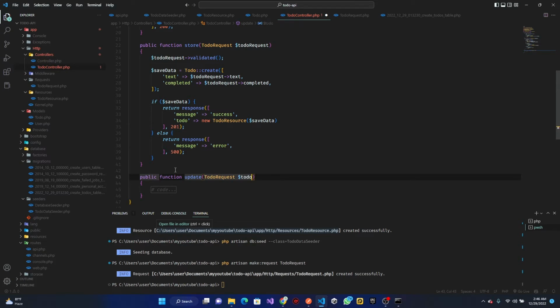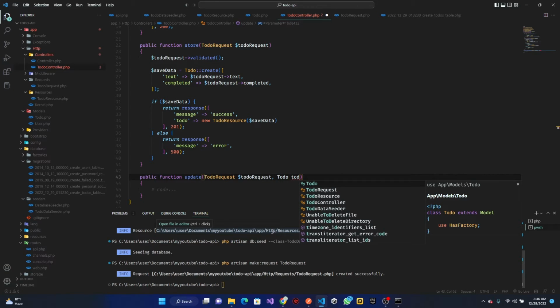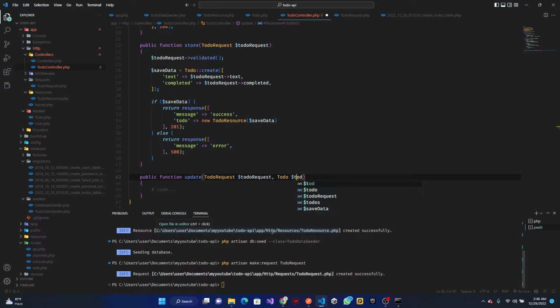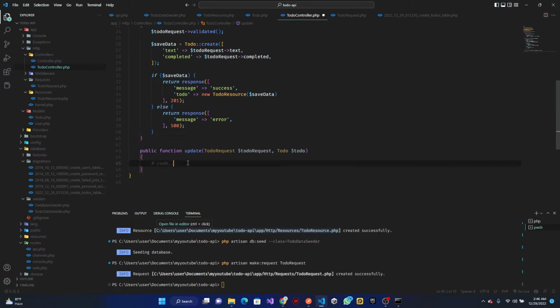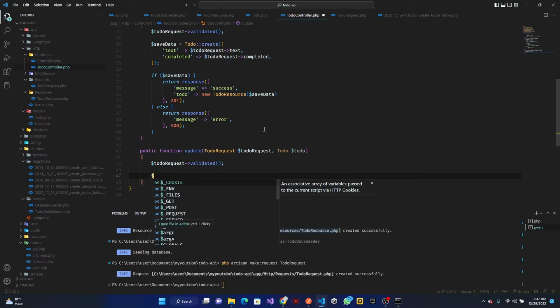So we have to do request. Alright, then we're also going to have the to do model. So we're going to have the to do model here. Good. So the first thing to do is validate. Validated. Alright, so when that is done, then we're basically just going to do